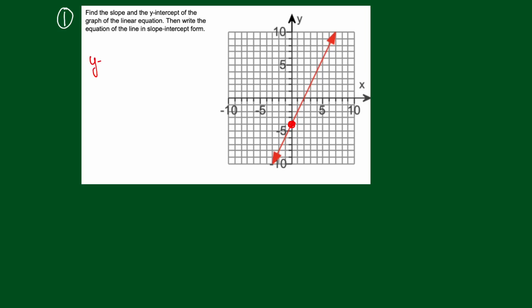So I'm going to say that the y-intercept is at 0 for x, and it looks like it's down 4. Did I count that right? Here's the origin. 1, 2, 3, 4. So I've got the y-intercept. Now to get the slope, I'm just going to start at that point. So I'm going to start at this point right here, and then I'm going to make a horizontal and vertical